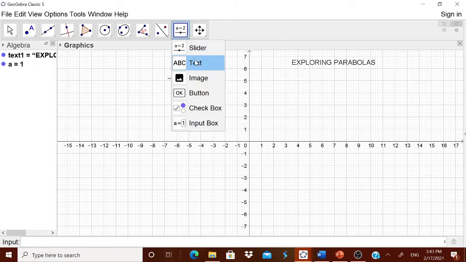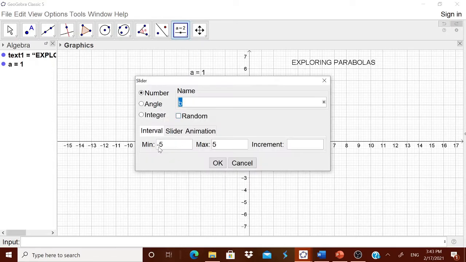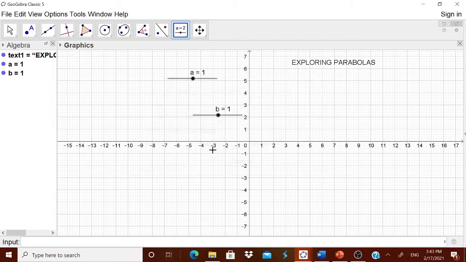Now let me take the second slider also. In the same way, minus 40 to 40 with increment as 1. Normally the children will not go beyond this limit. Okay.